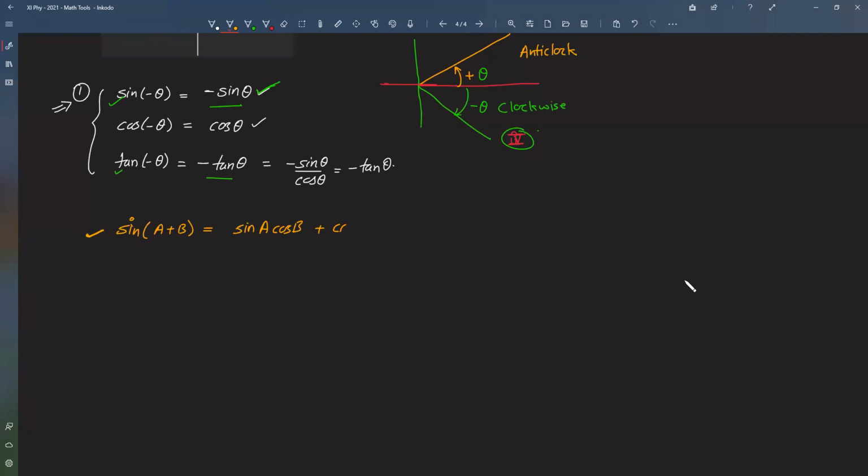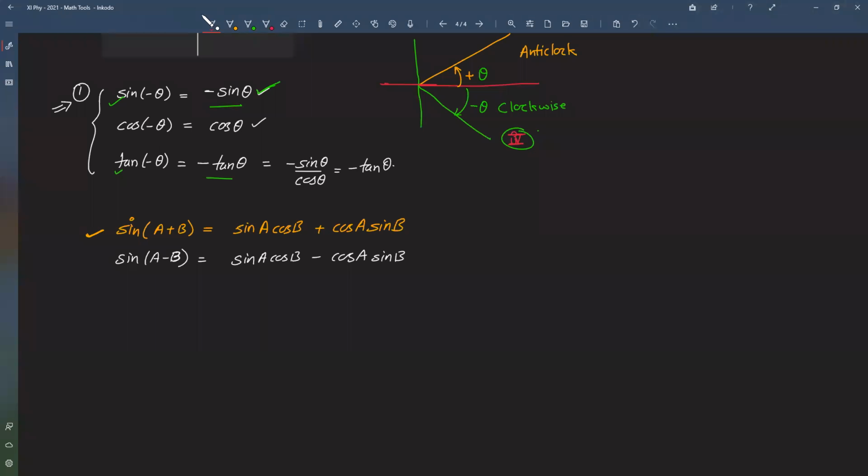I hope most of you are already aware of this. Cos A sine B. This is sine A plus B. Similarly, the others, sine A minus B. So sine A minus B is equal to the same, whatever you have written above, the same thing. Only thing is the plus sign will change with minus. So minus cos A sine B.